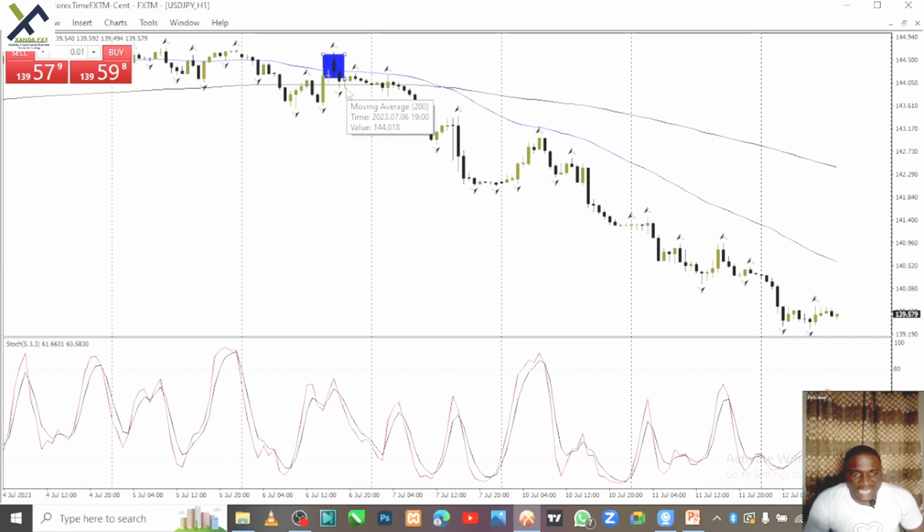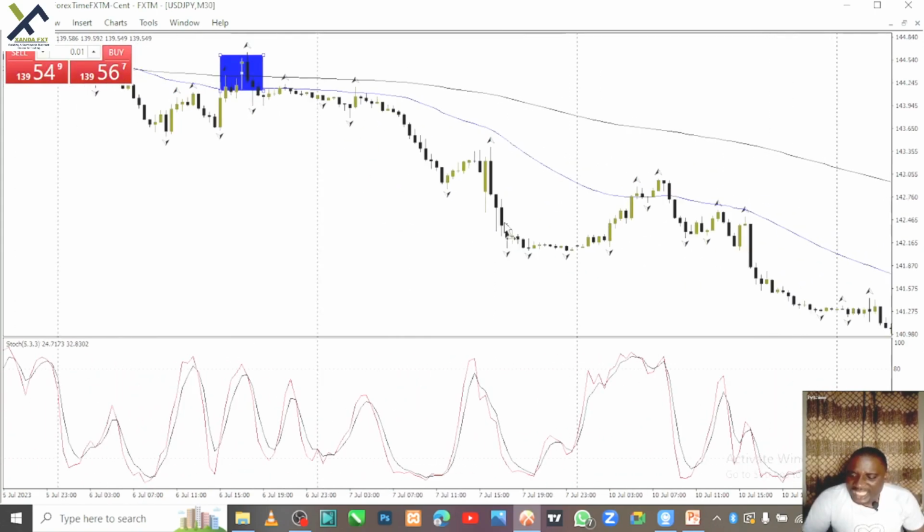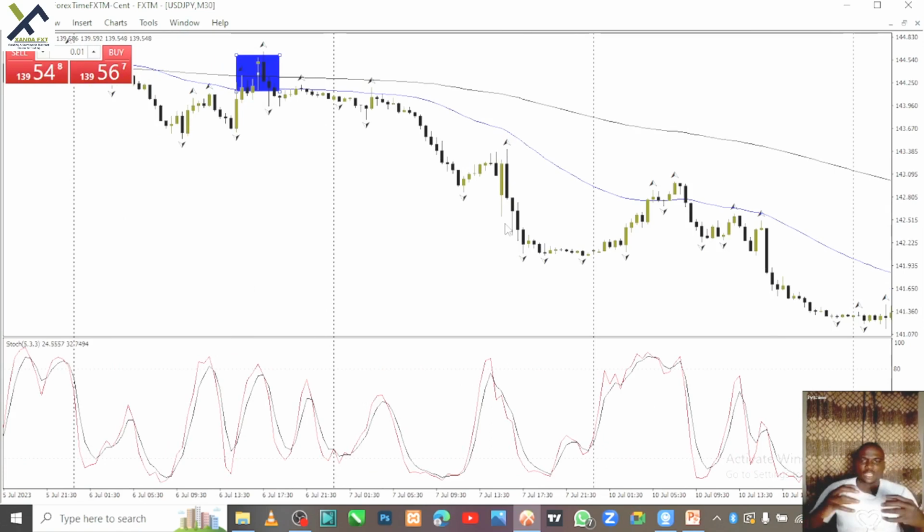Now, if you look at here, a major breakout occurred here under the 1 hour with the confirmation. Are we there? You notice that in the 1 hour time frame, it has given us the direction. When you compare it to the 30 minutes, it gives you what? A structure, a long space to enter a trade, put in your stop loss, put in your take profit as you allow the trade to run.